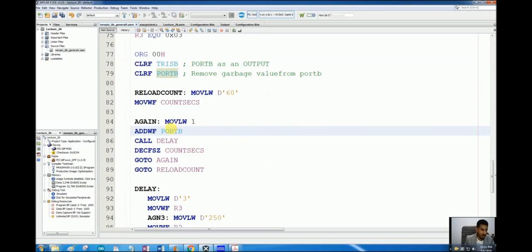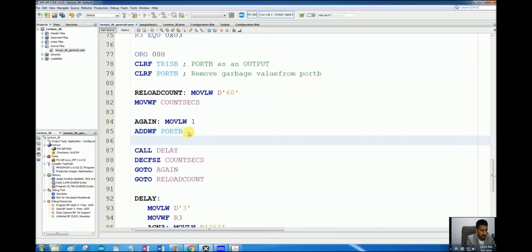So now what's happening is we are moving 1 to working register, then we are adding port B to that. So we are incrementing port B, but the result is currently in working register, and that is what we want because the DAW command only works on the working register.